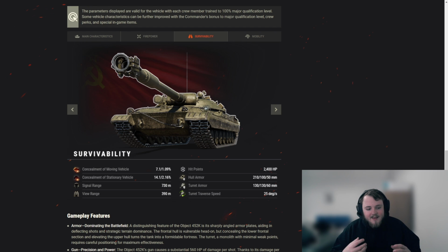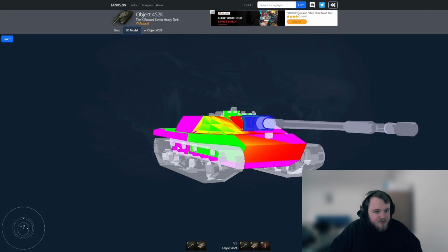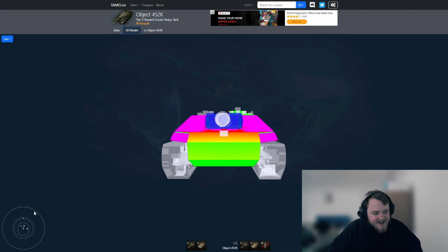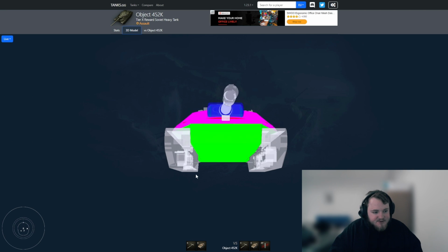So, let's have a little bit of a look on tanks.gg at this tank's armor model, because it kind of is the specialty of this tank. As you can see, we're on tanks.gg. We've got the Object 452K pulled up for its armor model. And yeah, let's just put it into its gun depression position here. So using 7 degrees of gun depression,